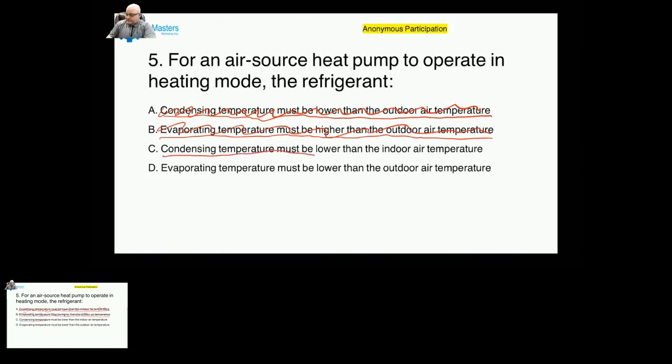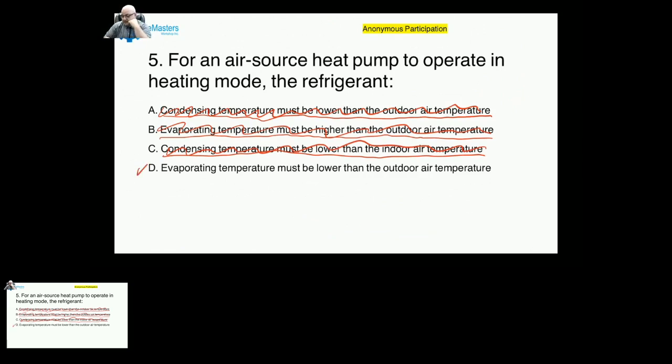Condensing temperature must be lower than the indoor air temperature. Yes, we have a condenser indoors, so the indoor coil is a condenser, but how is that condenser going to heat the space around it, the air around it, if the condenser is of lower temperature than the air around it? That's not going to happen. So that leaves us with one valid option, hopefully,